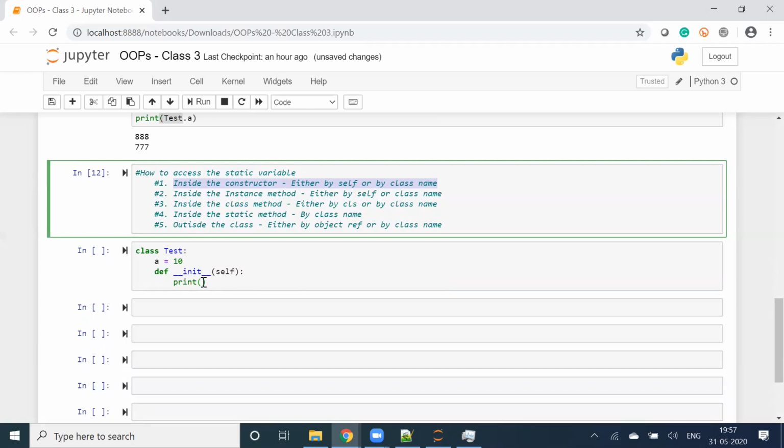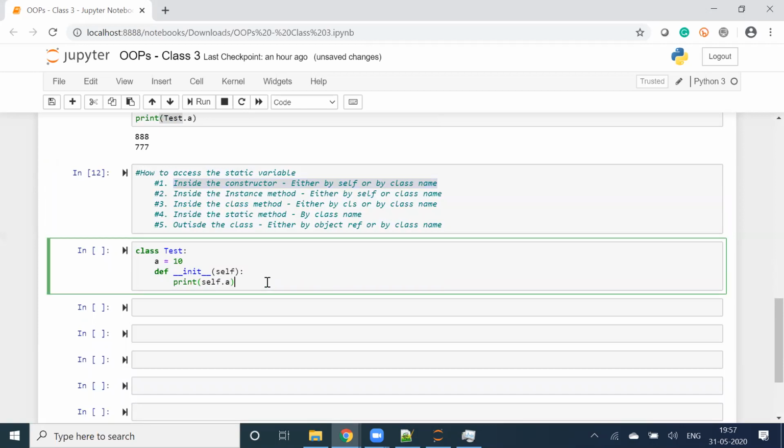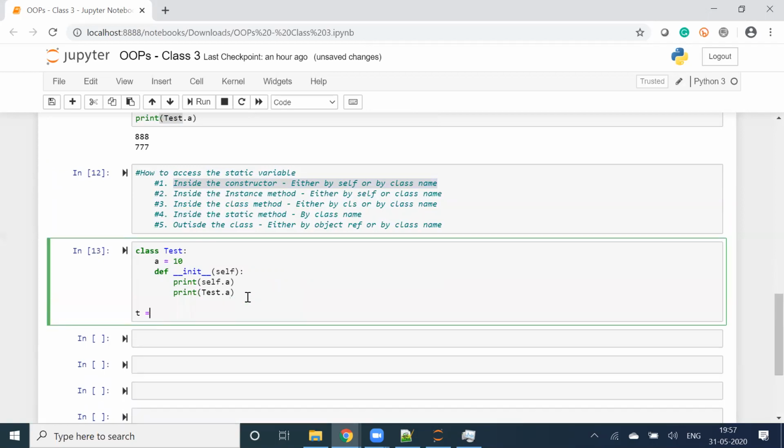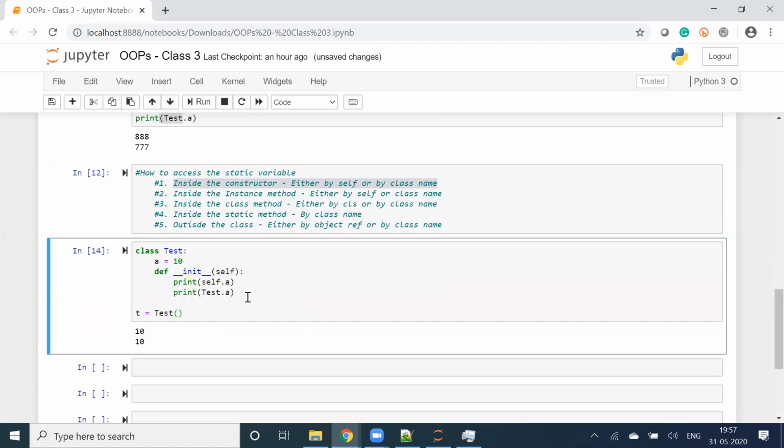That means self dot a, print test dot a. t is equal to test. You see, I'm getting 10, 10 two times. Self dot a is equal to something, if I write that, then it is an instance variable, but I am not assigning anything here, right? I am just accessing the static variable.